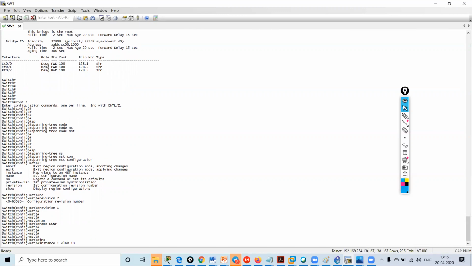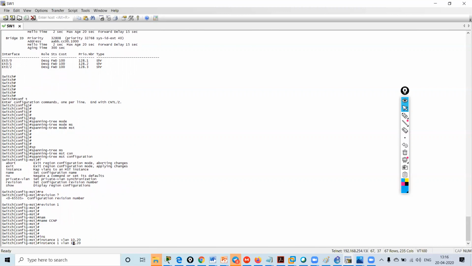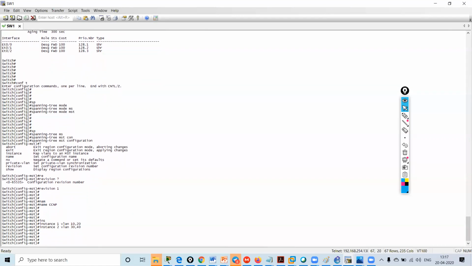Instance 1 will be for VLAN 10 and 20. Instance 2 will be for VLAN 30 and 40. Got it? The same configuration I have to do on the other switch also.